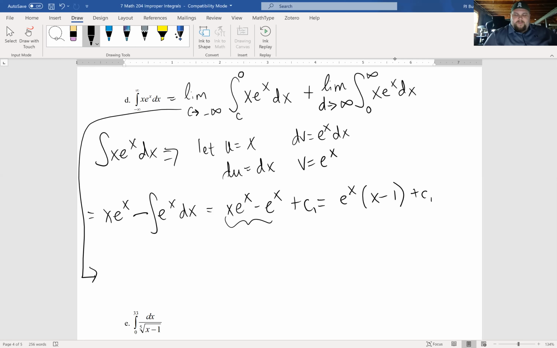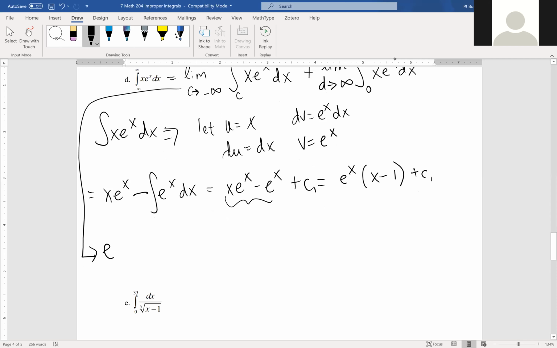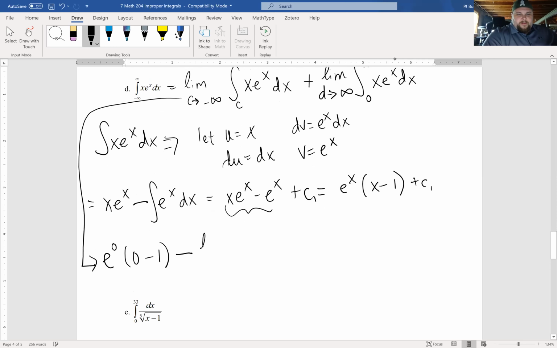And I did that for a reason. So let's go ahead and plug in. This is going to be e to the 0 times 0 minus 1. Then we subtract the lower bound, which would be the limit as c approaches negative infinity. We're plugging in c now. So this is e to the c times c minus 1